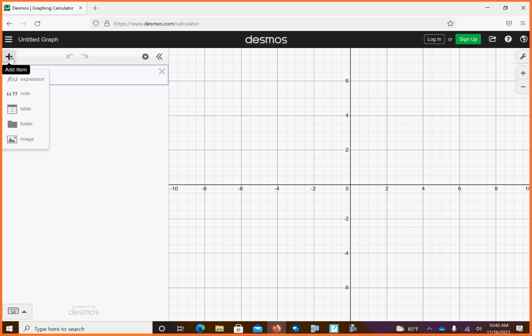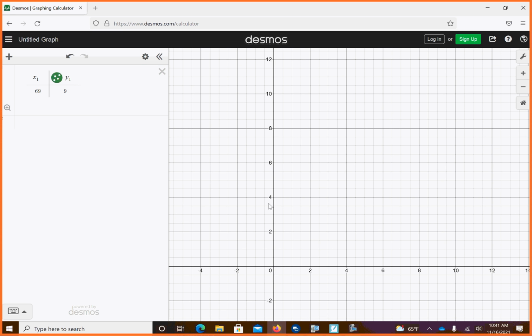Okay. I'm going to find the plus button and find the table. Plus, and then table. And it'll say Y1 and have that dotty-looking icon. I don't know if yours will be green, you might have a different default color. Do you have something like that? Okay. I am 69 inches tall and my shoe size is size 9. Okay? So if I plug that in on my phone,